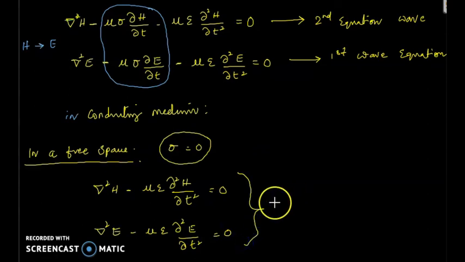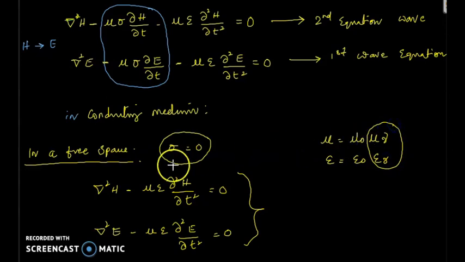So these are the two wave equations if the electromagnetic wave propagates in free space. Again, in free space, mu equal to mu naught mu r, and epsilon equal to epsilon naught epsilon r. These terms become 1. So mu becomes mu naught, epsilon becomes epsilon naught. Again, we can replace mu naught epsilon naught is equal to 1 by